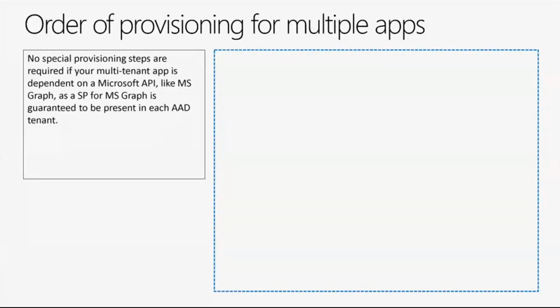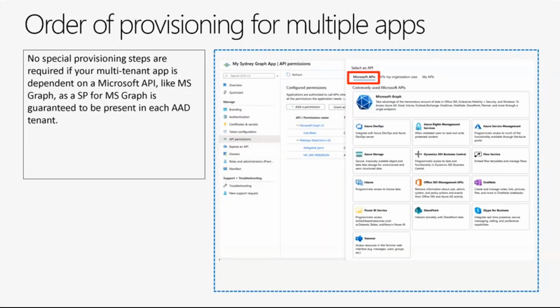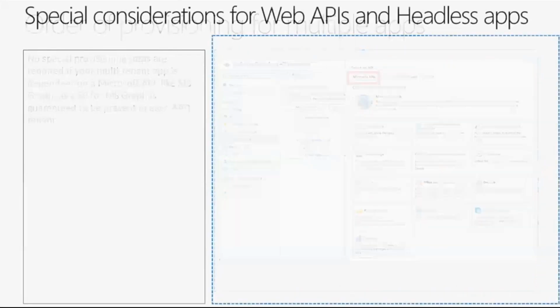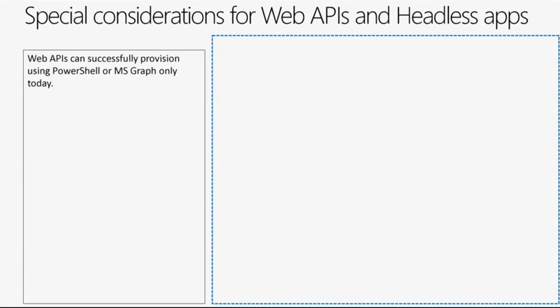If your application is dependent on a Microsoft API like Graph or Azure Service Management, you don't have to worry about provisioning them. They are guaranteed to be available in every Azure AD tenant. You just have to worry about getting your multi-tenant application provisioned. Finally, if you are a web API or a headless app, you have to be careful that it